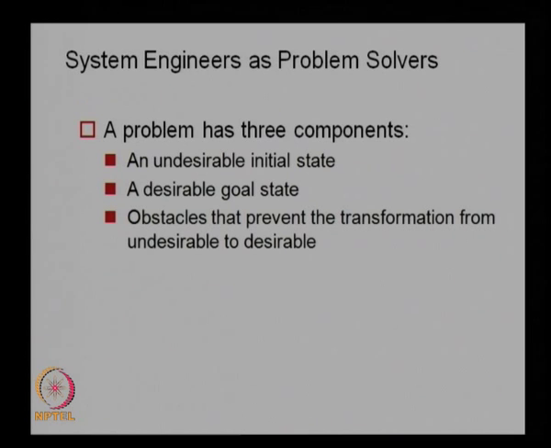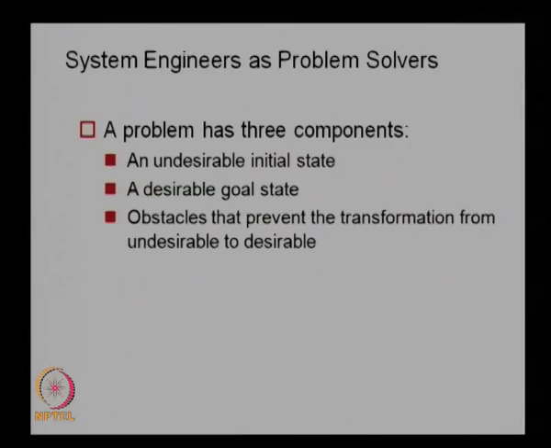Then what do system engineers actually need to do? System engineers are problem solvers. These people are really into solving problems almost every day. Every problem has three components. As you can see, there is an undesirable initial state, a desirable goal state and obstacles that prevent the transformation from undesirable to desirable state. These are the three components of a design problem, and every engineer will be trying to solve these